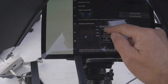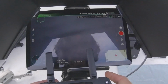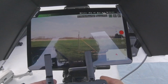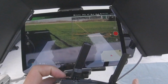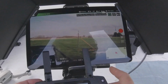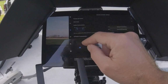is the same thing. So now let's go back to the camera and see if this works. Yep. So now I'm tapping this, and actually down does the same thing. So right now, say that you are doing some pans and the pan is on this adjustable knob here, all of a sudden you want to quickly see what's above, you can just tap this middle button and then it goes straight up or down. So that's how I have it, and you can customize it to be many different things. Back to